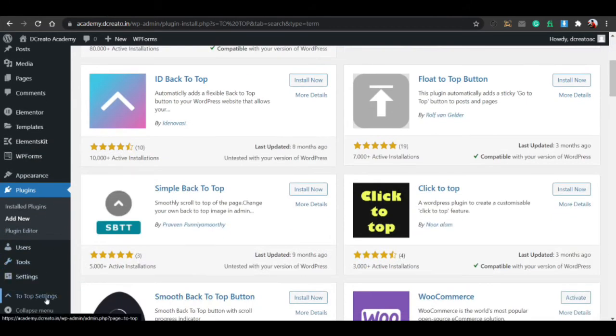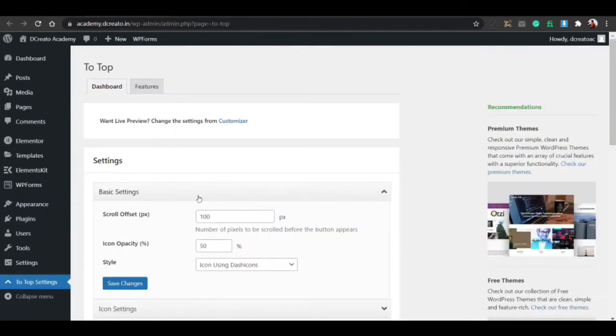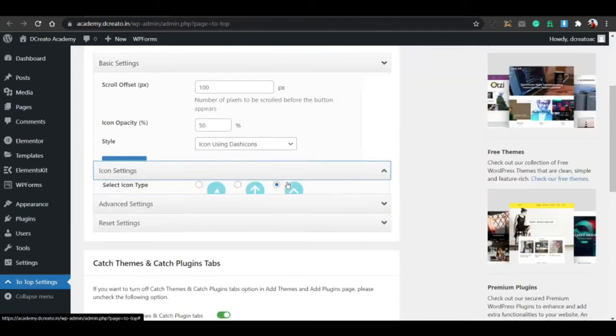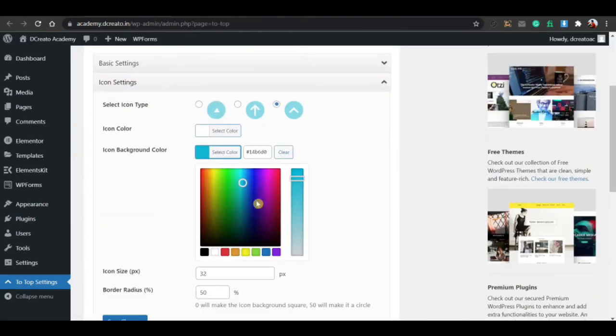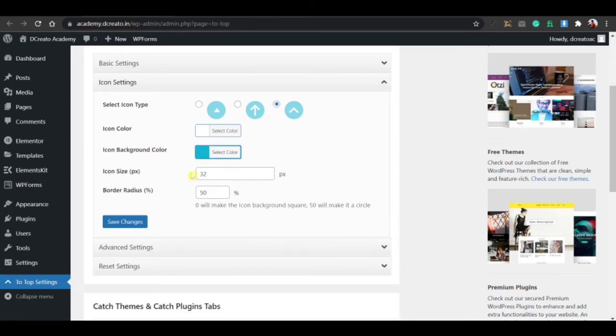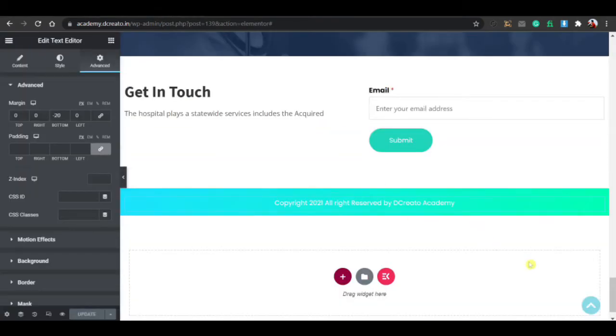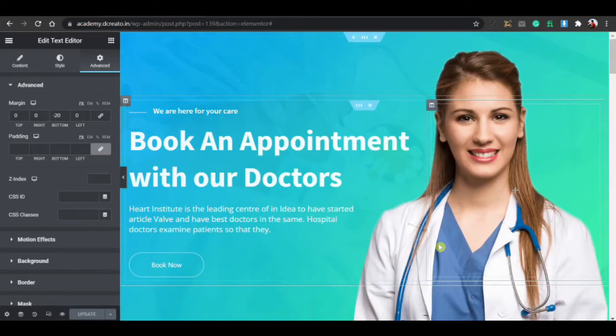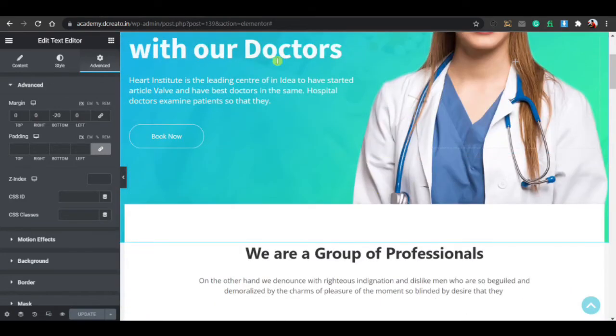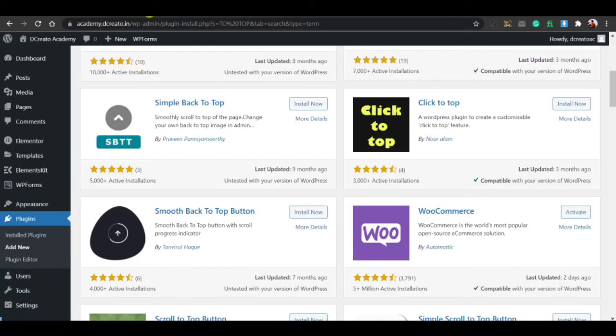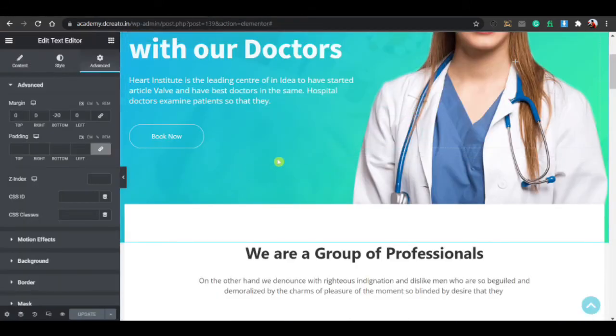After activating it, you will see this type of features here, in the top, in the bottom. You will see this is the top to bottom. You can expand this icon settings and choose the background color, nothing else to change, just choose the background color, and then give the border radius 50%. Then just click on save changes. After saving this, it will automatically appear on the website in the home page. Extra pages you can also control from here, you can customize it, but I just showed you how to create it in a simple way.